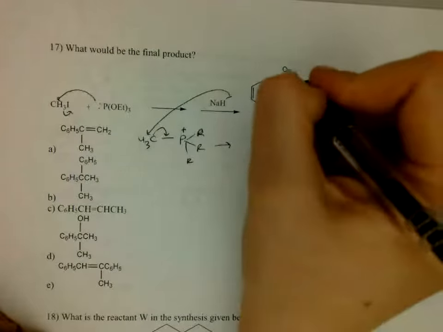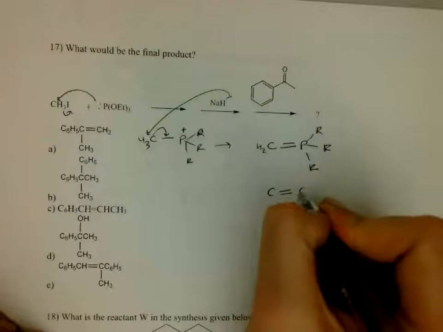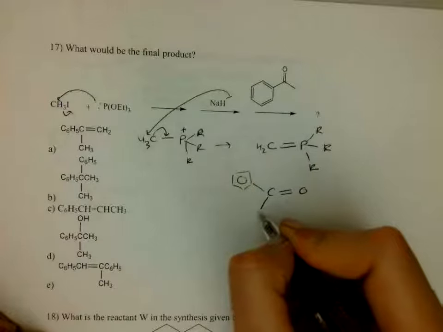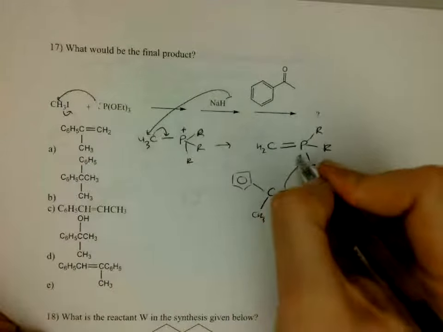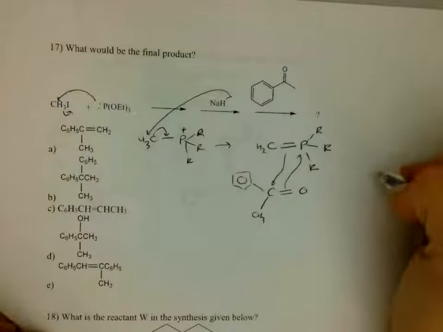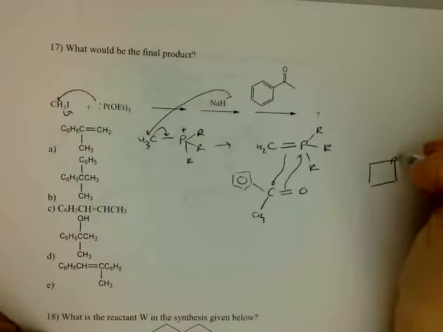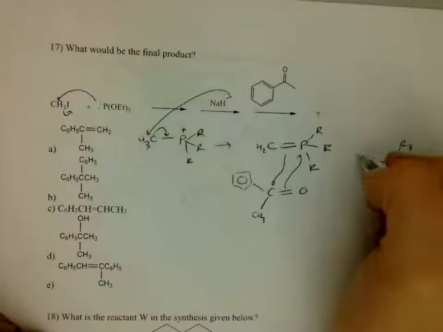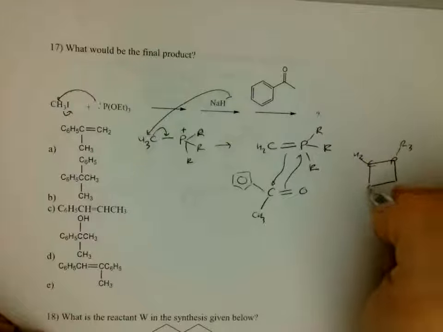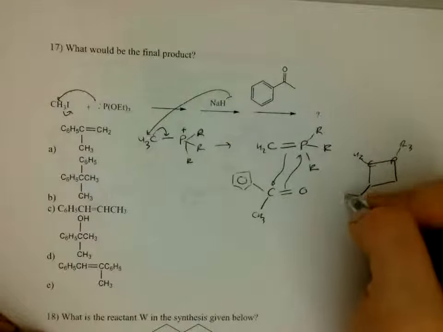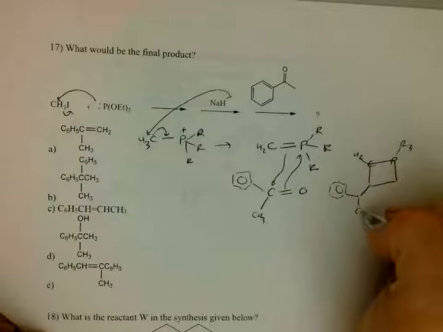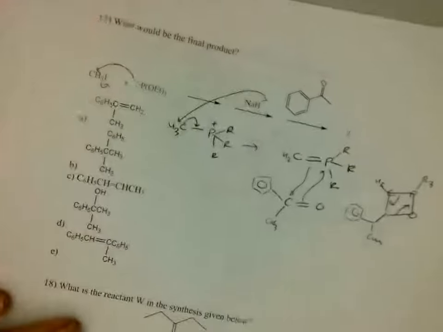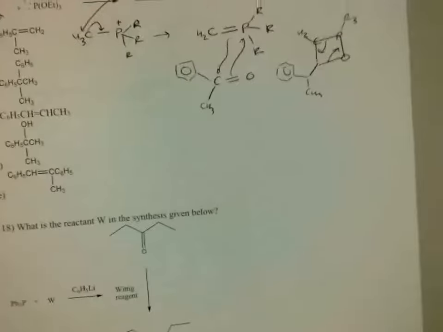And then you line up what you're going to mix it with. You've got a benzene ring over here and a CH3 group over here. So first this happens. And I always draw my box out. PR3, there's 3 R groups. This is a C with 2 H's. This is a C with a benzene and a CH3, and this is an oxygen. Then it happens again, and you end up with